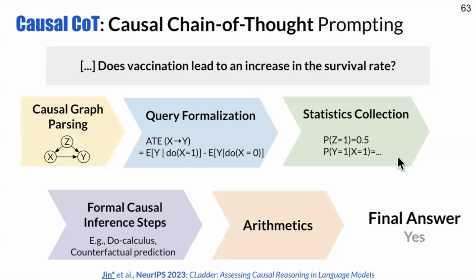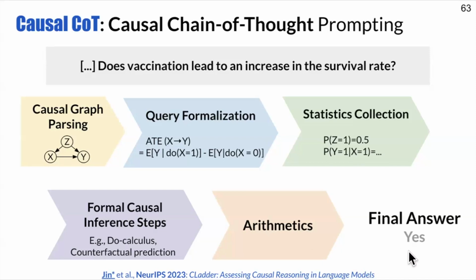In this work, we directly summarize the statistics, but now we also have an extension where you can plug in a CSV file, and the model directly calls a Python code interpreter and so on to calculate these marginal distributions and conditional distributions for you. Then we plug it in to estimate this formalized query through things such as confounder adjustment, which is a special form of do calculus, and arithmetic,